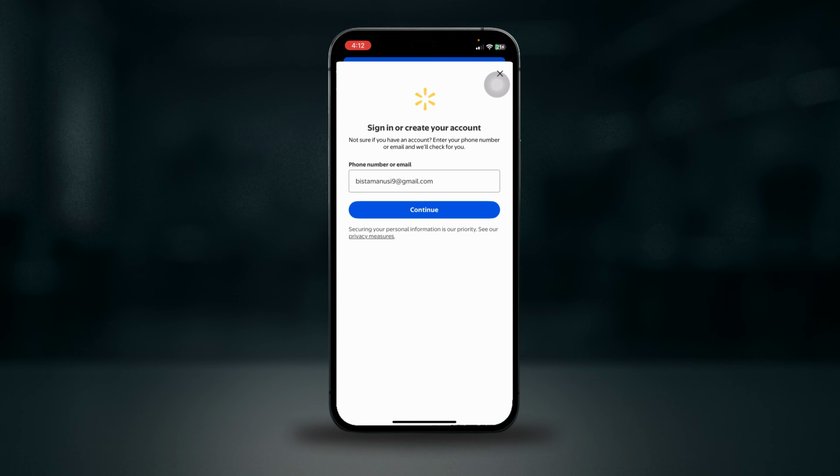Once logged in, you'll be able to view your account information, orders, saved images, and payment methods. If you can't log in, double check your email and password or use the password reset option if needed, and